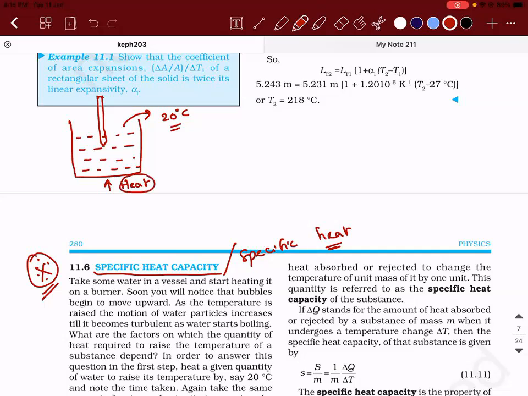Yes or no? Yeah. So if you're able to calculate the amount of heat required to raise, or to change, I'll not use the word change, raise. To change the